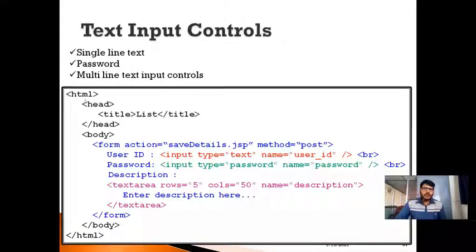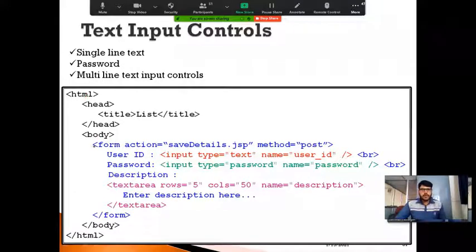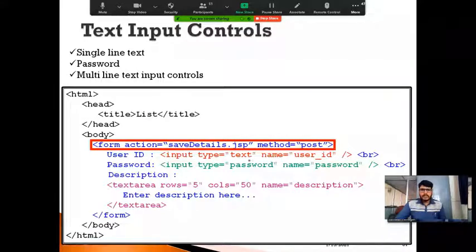So here, if you observe this source code, I'm going to use a form tag, an opening form tag, as you can see here, and respectively I am closing this form tag here. And in between, as you can observe here, I'm going to place certain form elements. I am accepting a user ID from the user, and I'm accepting a password, and also I'm accepting a certain description from the user.